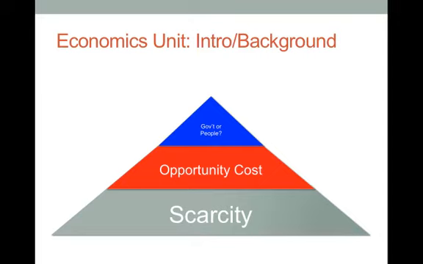First off, just to give a real quick intro here to make sure that you understand where this is all coming from. When we look at the basis of this entire unit, it comes from a simple thing, and that is scarcity. The fact that we have a limited amount of resources. So we have to figure out how to use those resources. Now we can look at this from a personal, individual perspective, which is known as microeconomics, looking at things on an individual scale, or from macroeconomics, looking on the scale of how countries deal with these things.